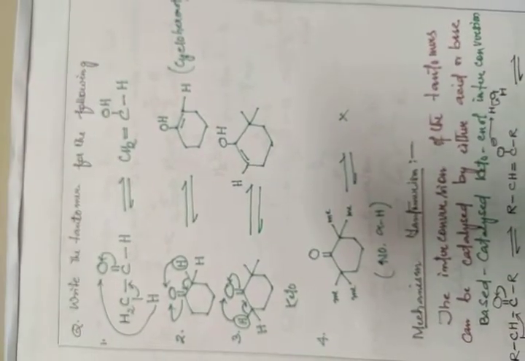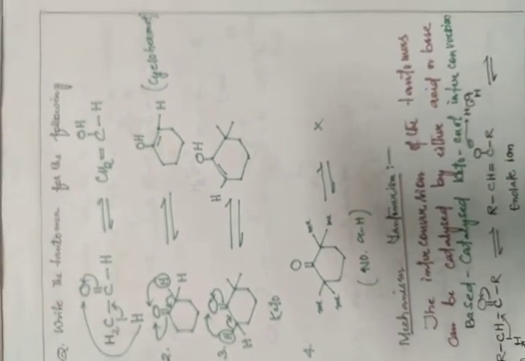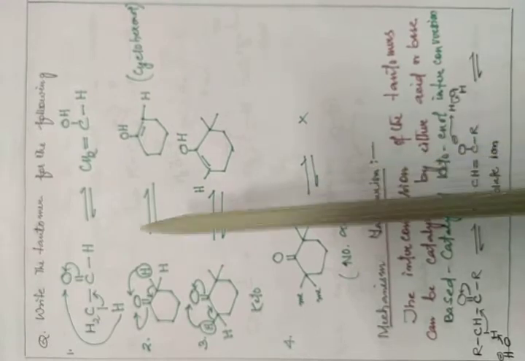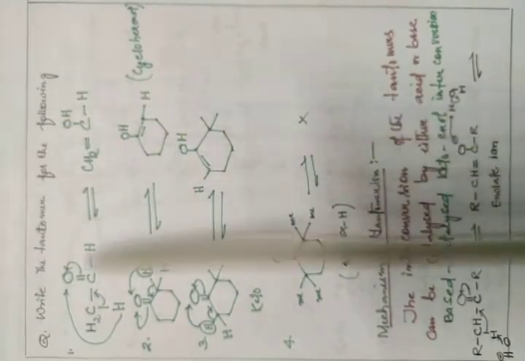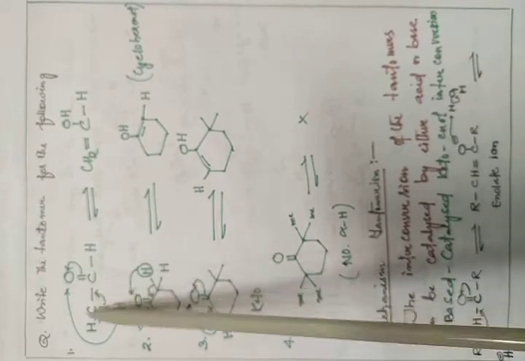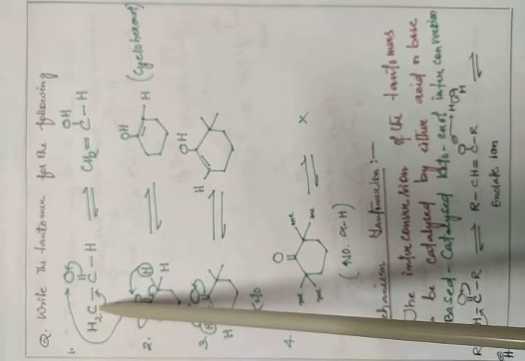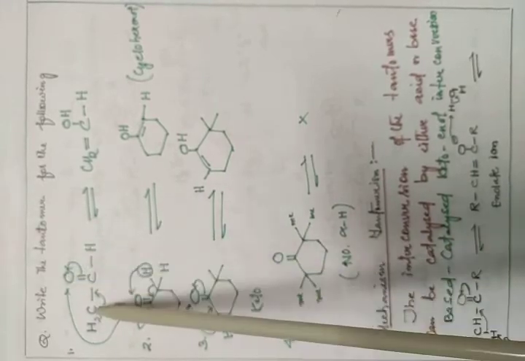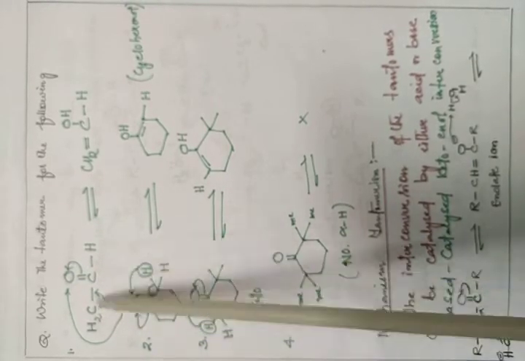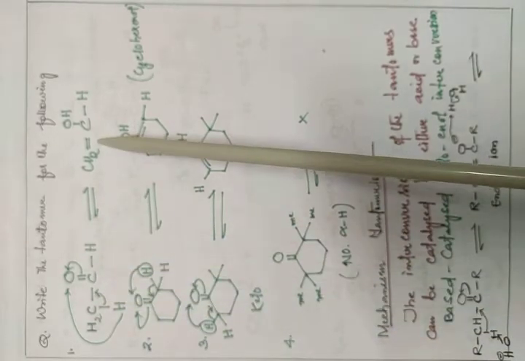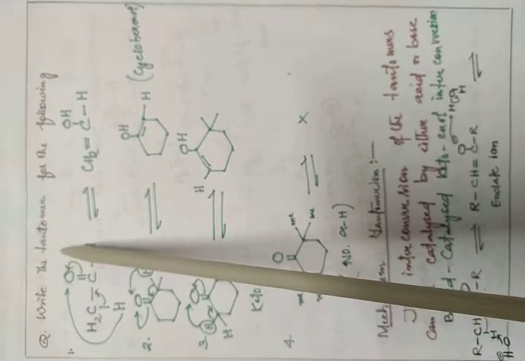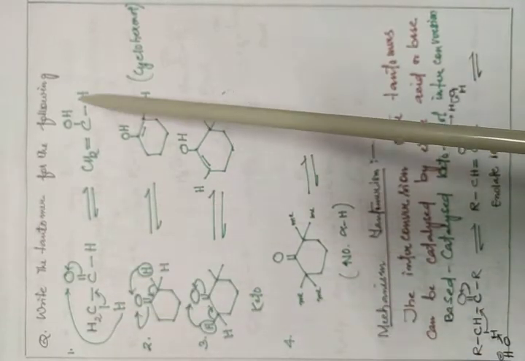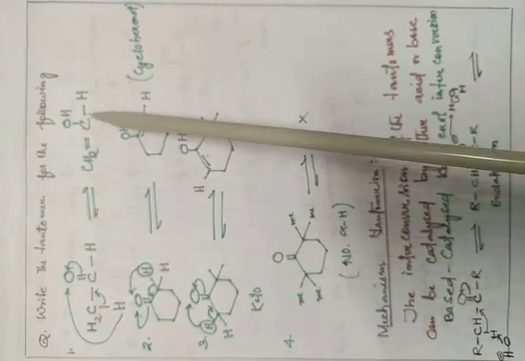Now here some examples are there. This example says, write down the tautomers of the following. Here the carbonyl compound is there. So from here we see alpha hydrogen is there, meaning alpha carbon is there. But in the right side it doesn't have one, this one is an aldehyde compound only. Now CH2, here it will break and give to here, then a double bond is there, then the negative charge will connect to this hydrogen. So the aldehyde converts to enol.